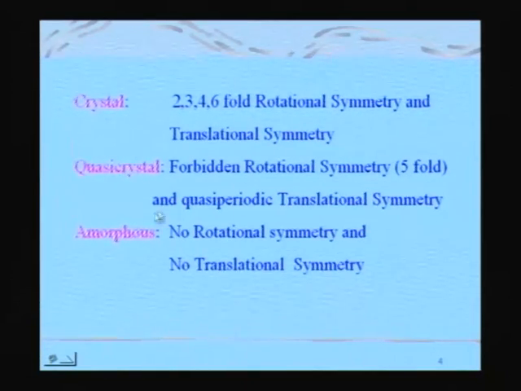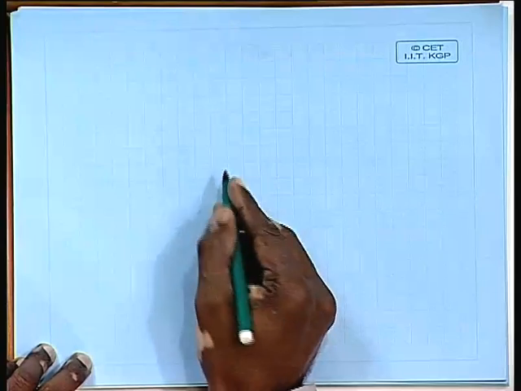And when you look at quasicrystal, quasicrystal is that which has a forbidden rotational symmetry, an example of which is 5-fold. It can have an 8-fold symmetry, it can have a 10-fold symmetry, it can have 12-fold symmetry. There are a number of such symmetries which have been observed in a number of systems which do not fit with the rotational symmetry, the translational symmetry. Why is that so? If you look at any